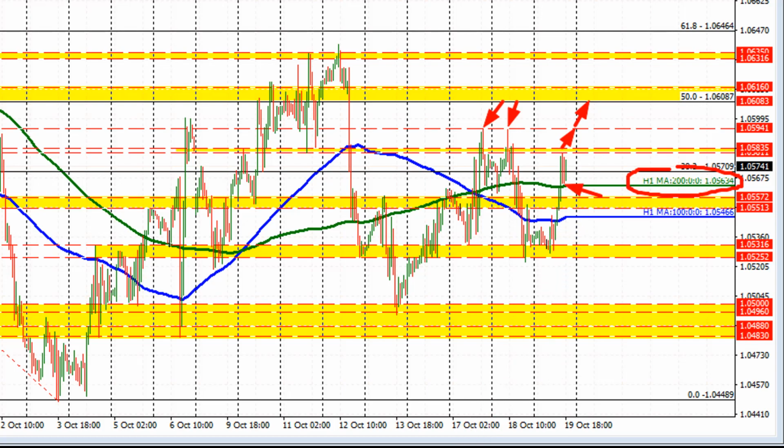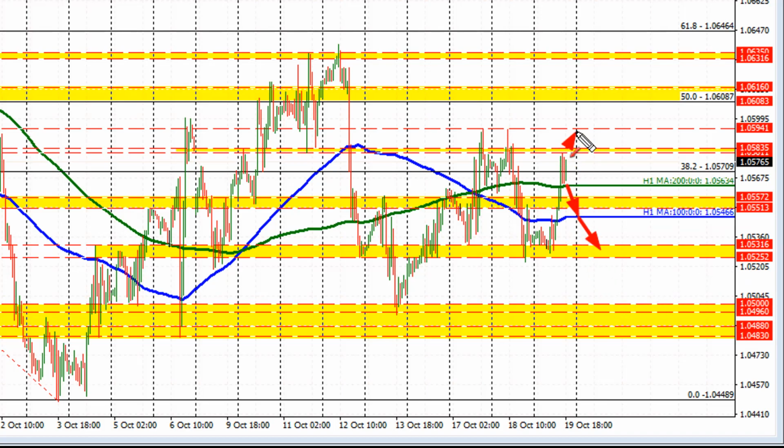If Chair Powell comes out and we start to see more dollar buying, then we could see a rotation back below that level, and I would think that buyers turn to sellers, and we'd start to look toward the 100-hour moving average. That's the blue line in this chart. If we get below that level, that would open up the door for further selling to the downside with the low prices from both yesterday and today, and this swing area down at 1.0525, 1.05316 as the next key target.